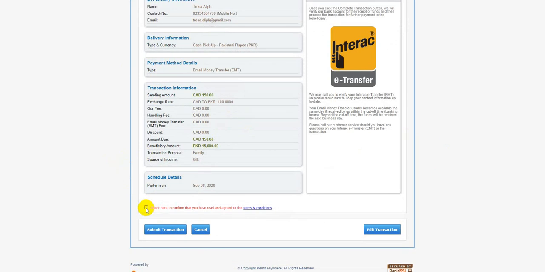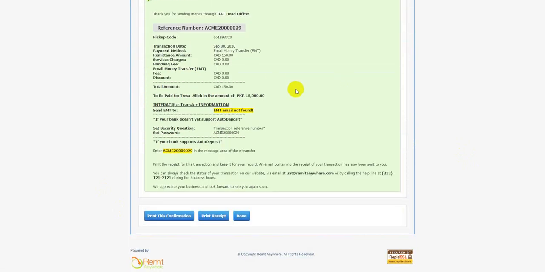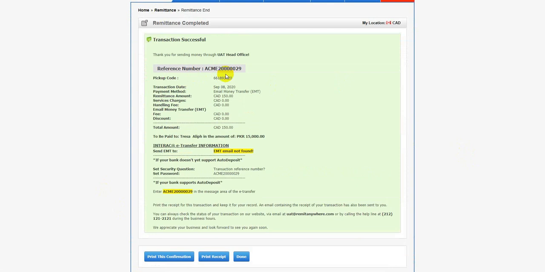Check here to confirm that you have read and agreed to the terms and conditions. You can check here and submit the transaction. So that's about it. Remittance has been completed, transaction successful, and now here we have the reference number, pickup code, transaction date shows here,